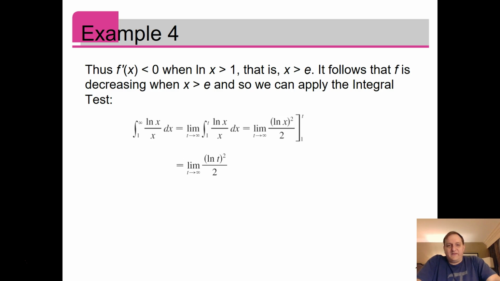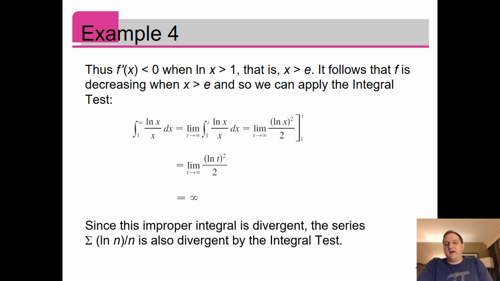That's a basic u substitution. You substitute in t and 1, and as t goes to infinity, natural log of t also goes to infinity, so this whole thing goes to infinity,